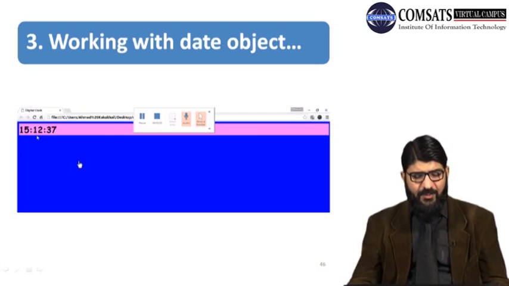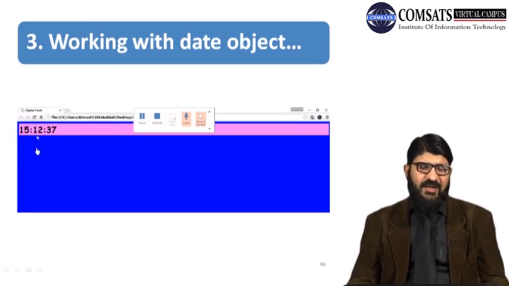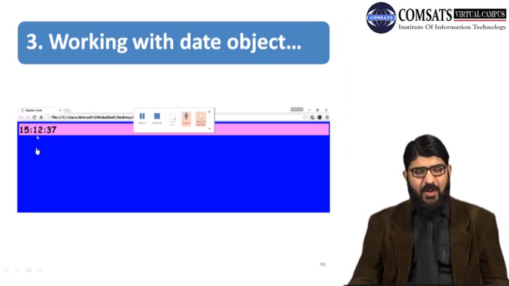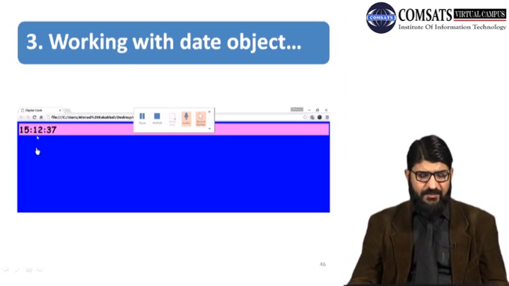Let's see the output of it. So the background color is blue, the div color is violet, the start function is called, the time is started with minutes and then with seconds respectively. So in this way we have created a digital clock on our web browser that is to be displayed.